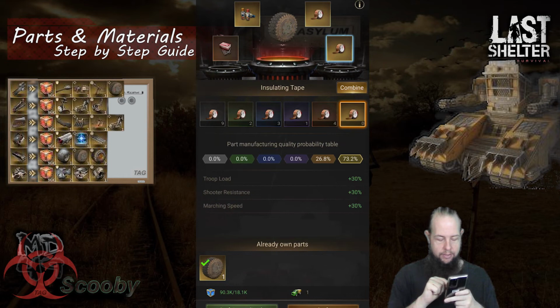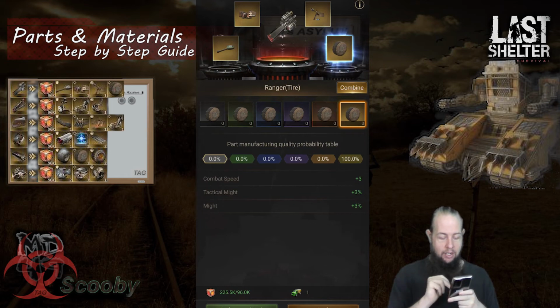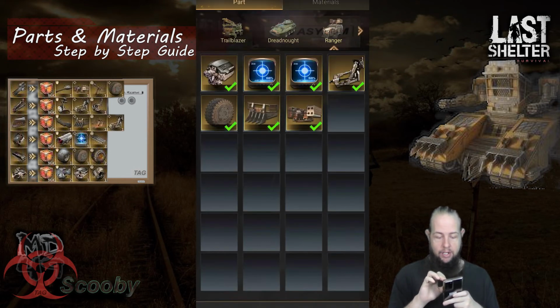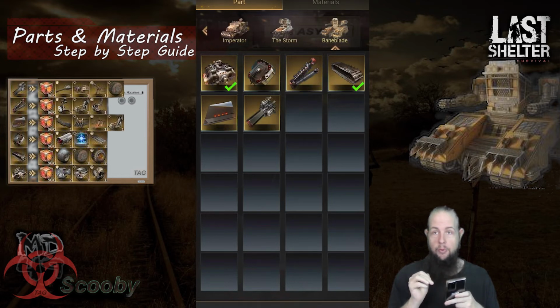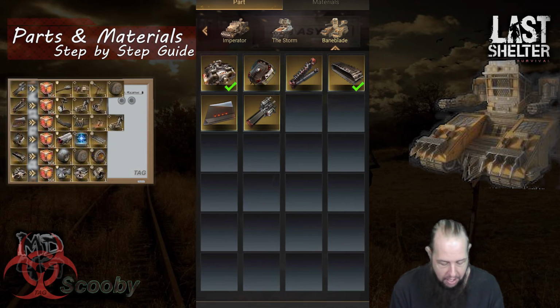Tire. Get a Ranger tire. Let's see how it goes. We gotta go. So we're good. We got all 4 parts. There you go. So there we go. He has a full Baneblade set. So that's 30 minutes worth of work. It was made 4 parts. I went through about